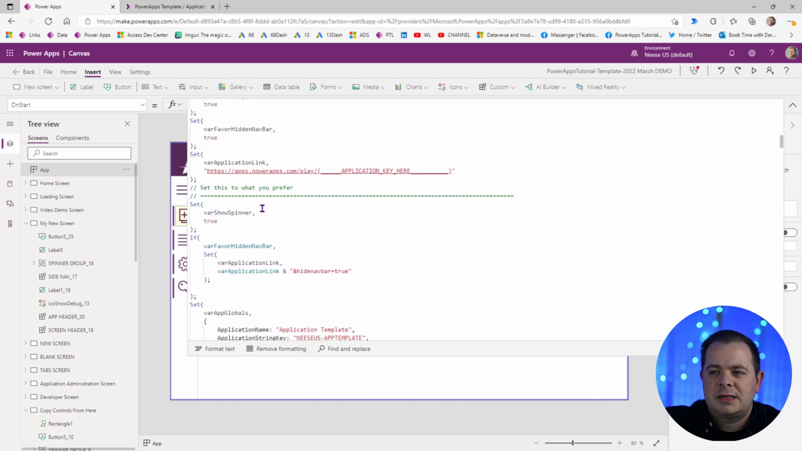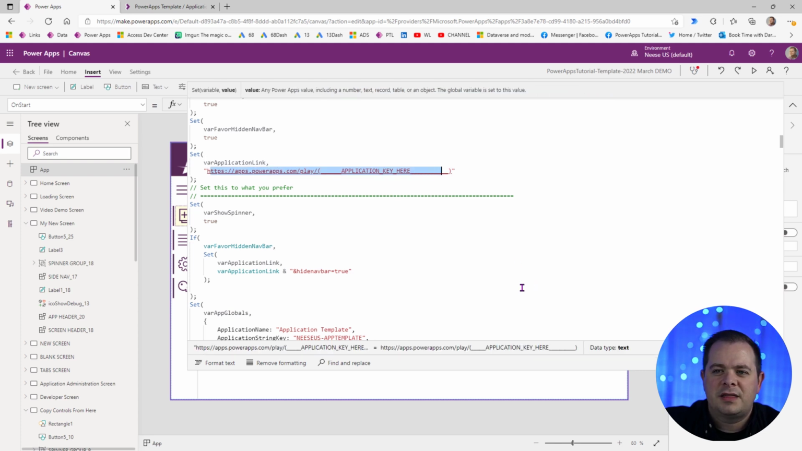Let's say the application sends out emails and you want to put in a link that goes back to this application. Well, here's a variable that would hold that. I've got all kinds of goodies in this App.OnStart that I really had one in